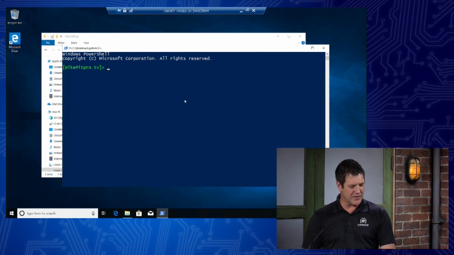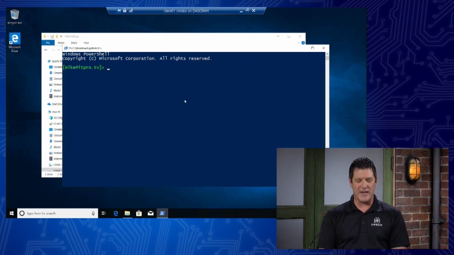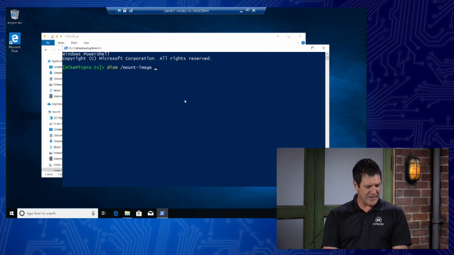And what I want to do is I want to mount that WIM file. So that's going to be dism /mount-image /imagefile: I have trouble typing and talking at the same time. Colon. And then I'm going to cheat. I'll show you a little trick that I like to do. I love to use Windows and tab autofill, especially for Windows paths. So I'm going to hit a space and then D:\